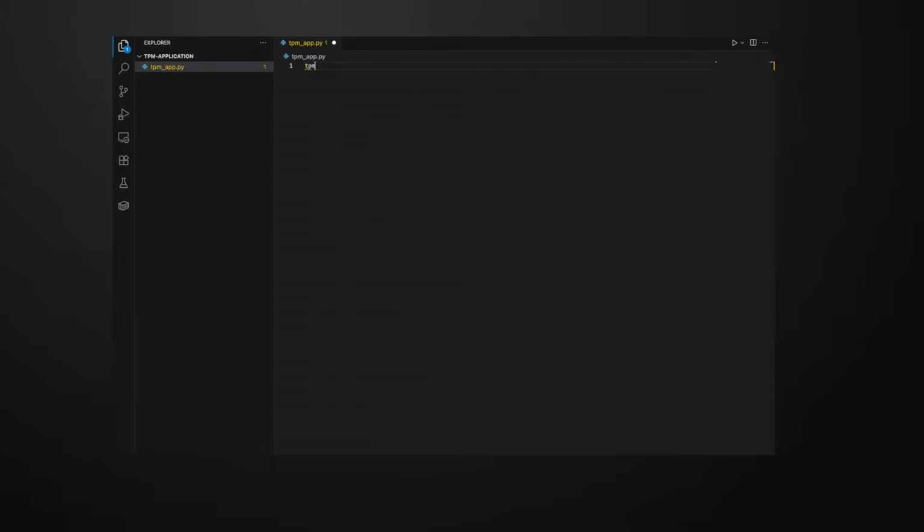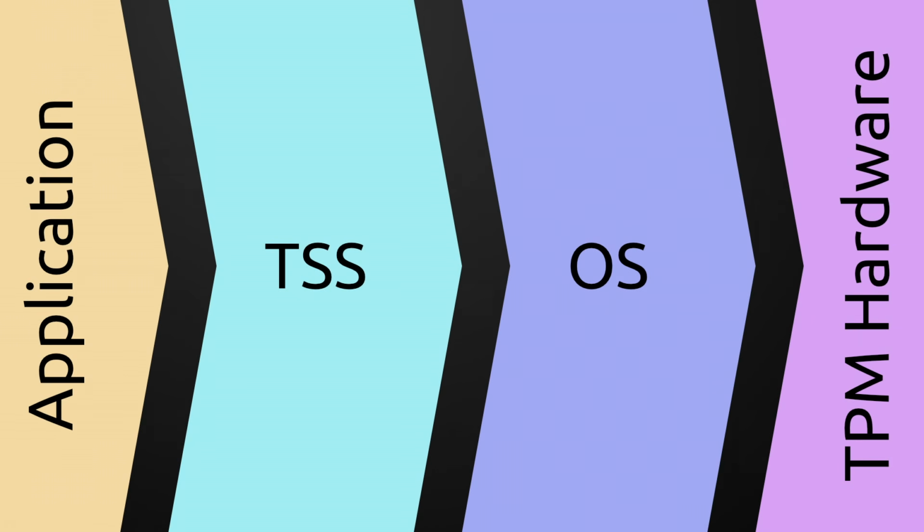Writing applications that use a TPM sounds easy. You just send commands to a secure chip, right? Well, not exactly. When you try to talk to a TPM on Linux, you quickly discover a stack of layers between your app and the hardware, and that stack exists for very good reasons. In this video, we'll walk step by step from your application down to the TPM and understand why writing TPM